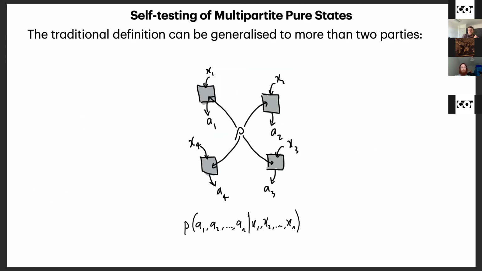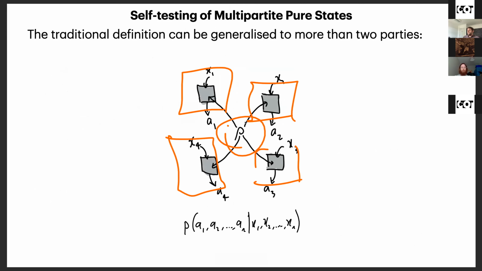Okay, so that was all bipartite. So let's get on to the multipartite case. The traditional definition of self-testing can be generalized to more than 2 parties, right? It should be pretty straightforward. You have n parties, they each make some local measurements on some shared state rho, and you end up with